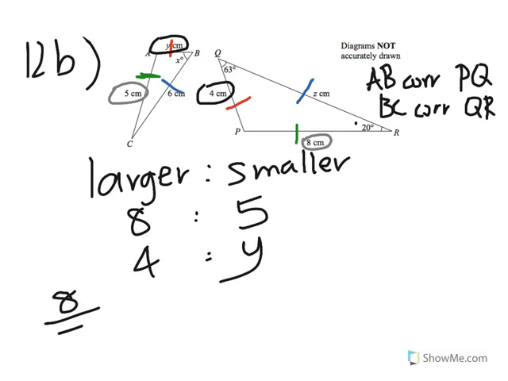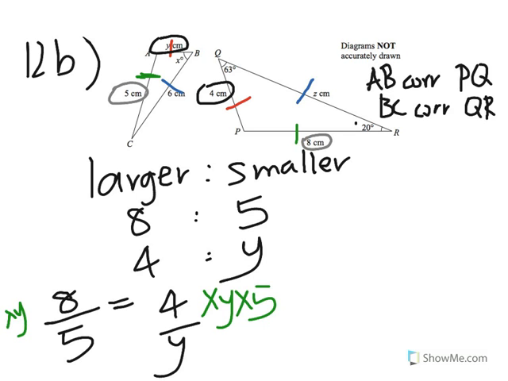So if I put this in algebraic form, the ratio of the green length is equal to the ratio of the red length. Then all I need to do is solve for y, and I will find my answer. So basically, if I multiply both sides by y and also by 5, I'm going to get